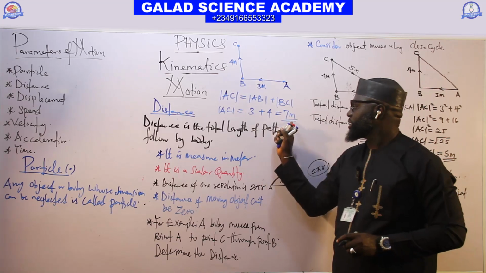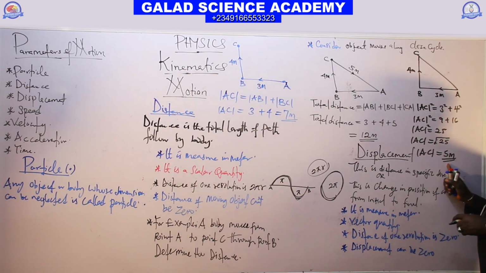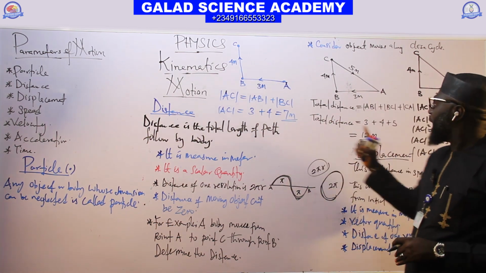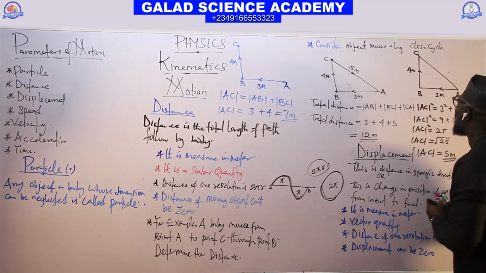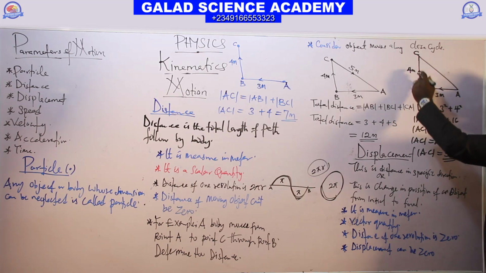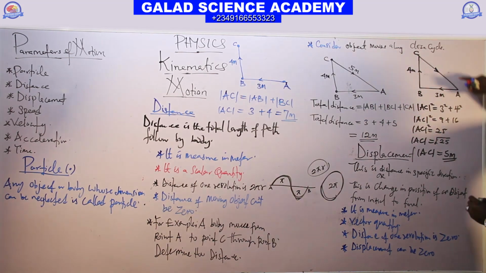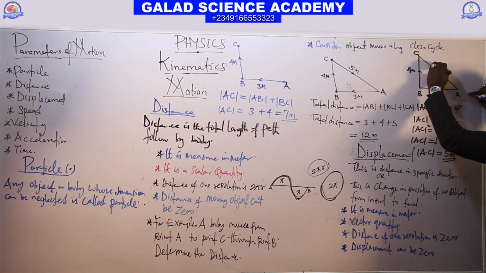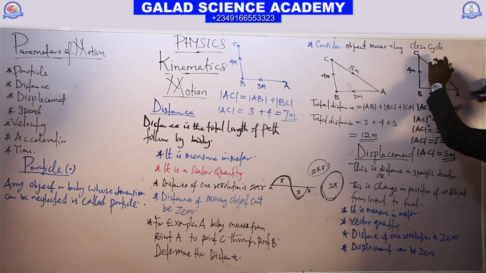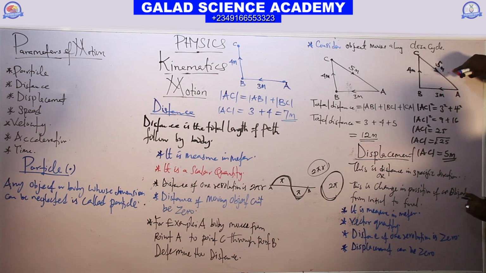But distance is 7. We can say the displacement may be equal to or less than the distance. And again, if you want to consider this thing again, if it is cyclic, cyclic form, like this, then what do we have there for displacement? We have 5 meter. For displacement it is 5 meter. So you are now asked to find the